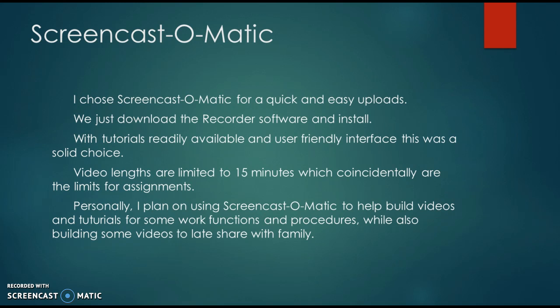I chose Screencast-O-Matic for quick and easy uploads. You just download a recorder software and install. Tutorials are easily available and very user-friendly. Video lengths are limited to 15 minutes, which is pretty nice because they also coincide with how long our assignments